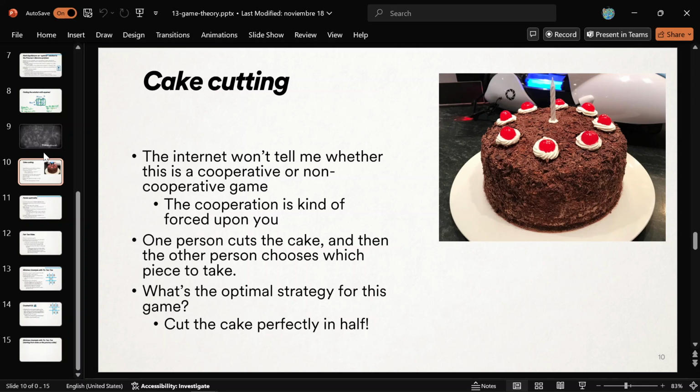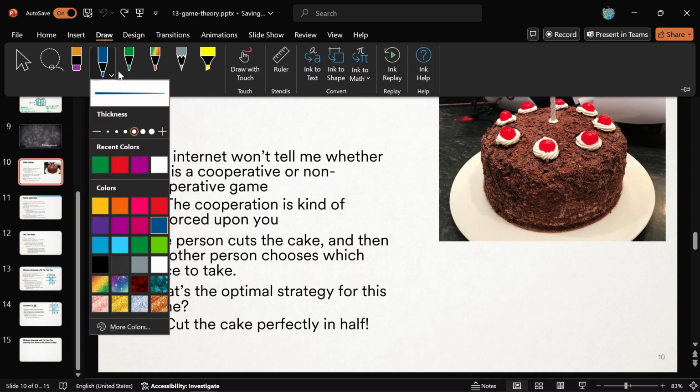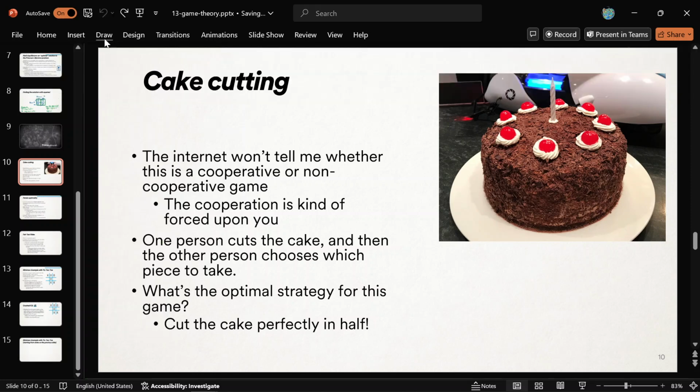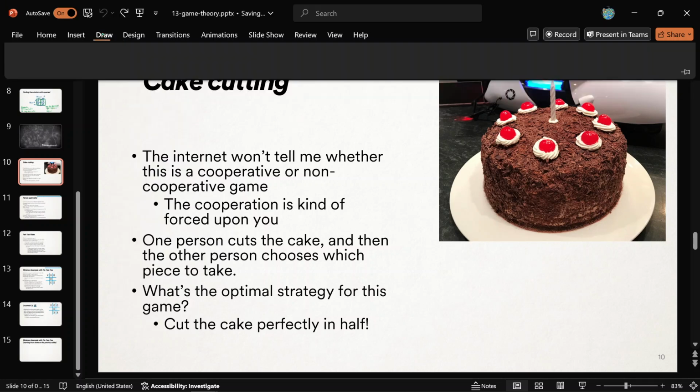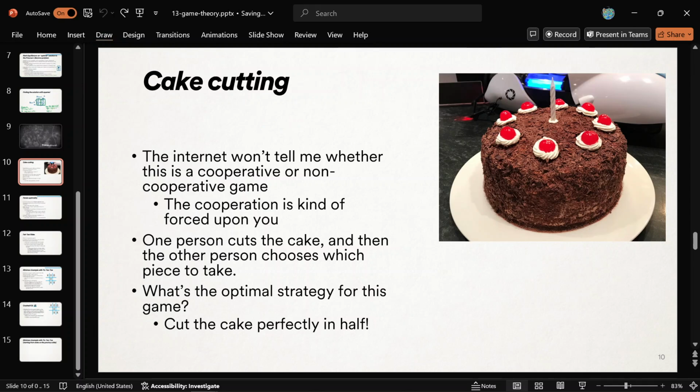So maybe you've played this with a sibling before. It's like you cut a cake, right? Like it's your birthday or it's somebody's birthday, or you just get a cake one day, and you need to share it. Like your parents are requiring you to share that slice of cake with your sibling. And the name of this game is that one person cuts the cake and then the other person chooses which piece they want. Have we played that game before? No. Like, that's supposed to be fair, right? If you cut it badly, then the other person's going to choose the bigger piece. So it's in your best interest to cut it halfway, right? So that's kind of the game.